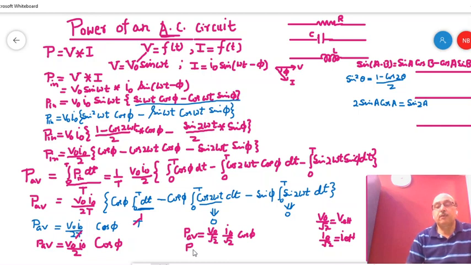So P average will be equal to Vrms into Irms into cos phi. This equation tells about how to calculate the average power on an AC circuit. Here Vrms Irms is the effective power and cos phi is known as power factor. We will discuss the power factor